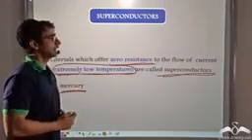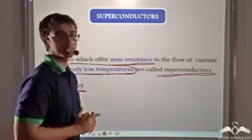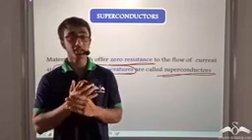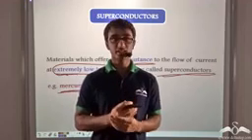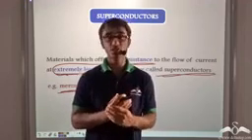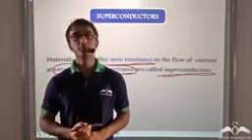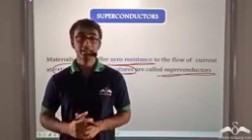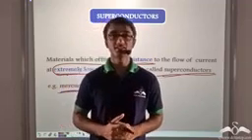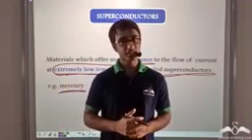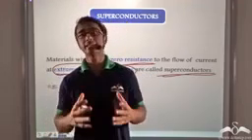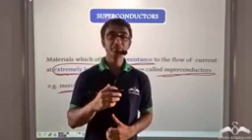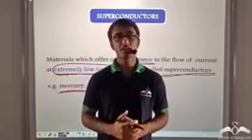So thus we found out about resistance, which is an important concept in case of conductors. Resistance is basically the obstruction that the conductor offers to the path of electrons. In other words, the resistance of the conductor is nothing but the hindrance offered to the flow of electrons. We found that resistance is measured in ohms. Resistance depends on certain quantities, like the length of the conductor and the area of cross section of the conductor. We found that resistance is directly proportional to the length of the conductor and inversely proportional to the area of cross section of the conductor.